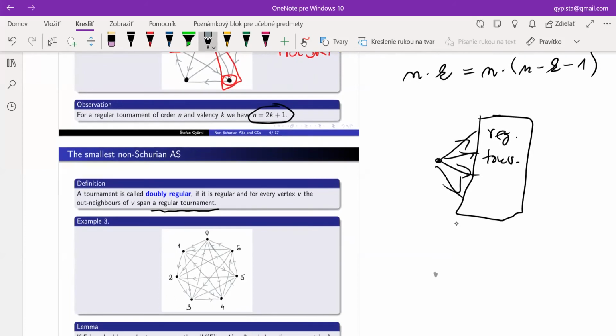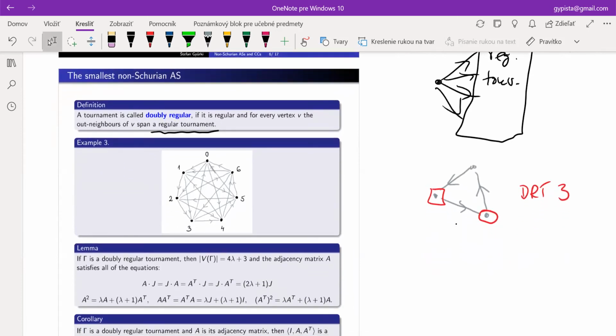Maybe I have to show first a very trivial example of a doubly regular tournament. It's the oriented triangle. If you consider any of the vertices of the oriented triangle, then the set of out neighbors induces a regular tournament, trivially regular because it has just one vertex and the valency is 0. So for example, the oriented triangle is a doubly regular tournament of order 3,